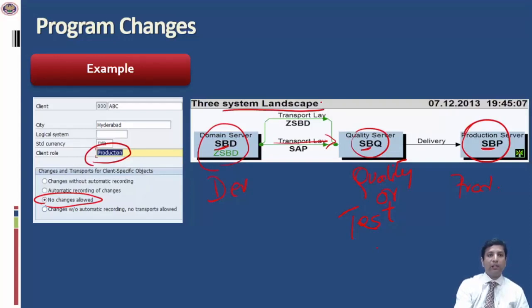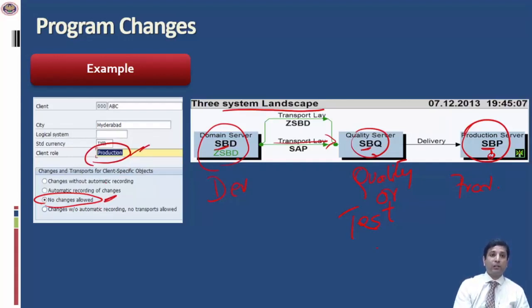From here we can see in this specific example that the changes need to be initiated in the development and only carried forward to the quality, from which they will be implemented into production. It is not possible to make direct changes into production because for the production the setting has been set to no changes allowed.